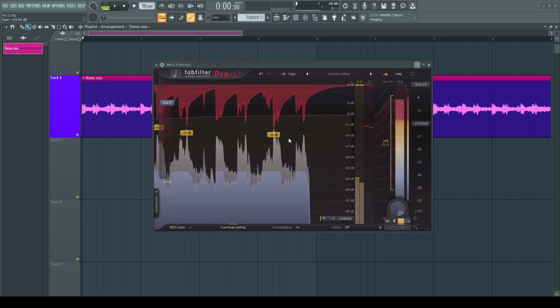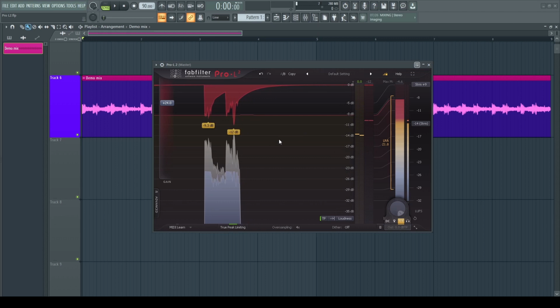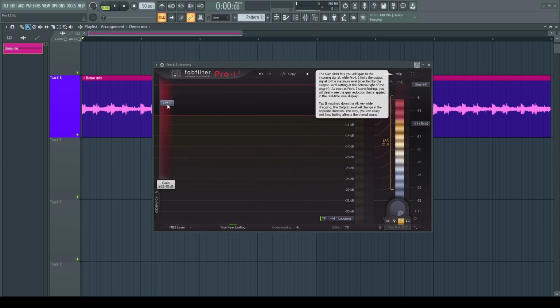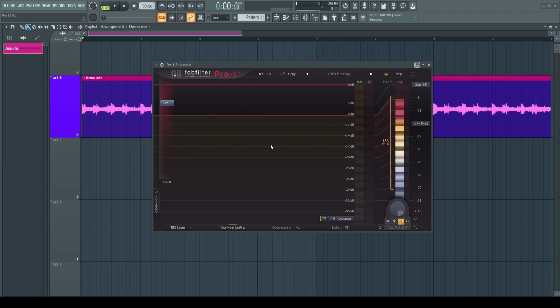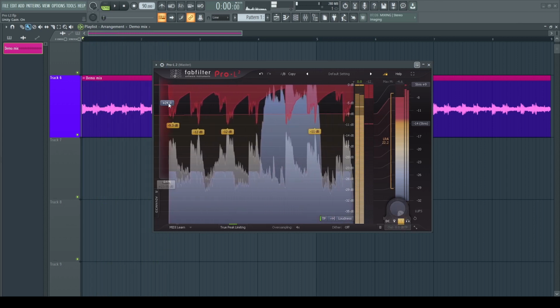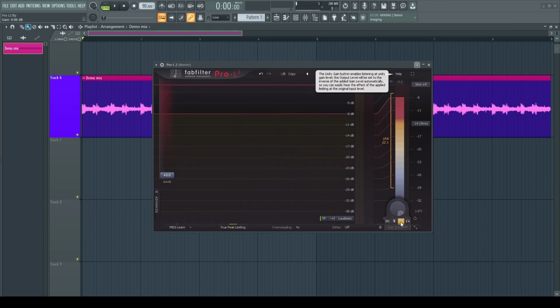So as you can see, I am increasing the level and there is limiting taking place, but we are not actually hearing the loud signal, the added 24 decibels in our sound. So what unity gain helps us to do is listen to the effect of the limiting on our sample or sound. So that's simply how you can see the changes after using the limiter without having to listen to the louder output.